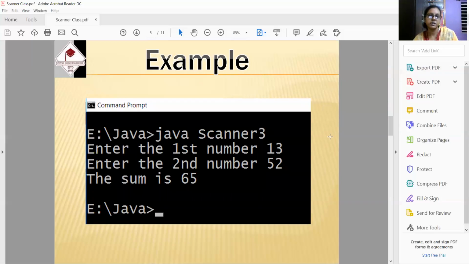Then we come to this point, java Scanner3, the interpreter is used. Enter the first number 13, enter the second number 52, the sum is 65. Clear? I have given the screenshot taken from the executing environment from the command line, CMD. The input has been taken from the user via keyboard.